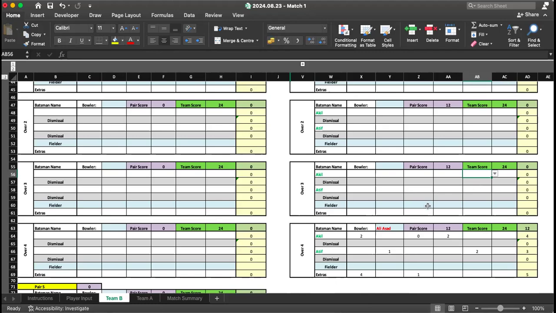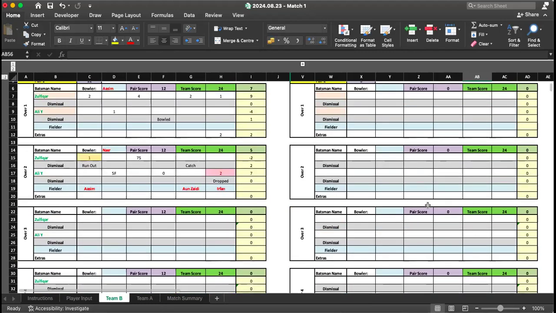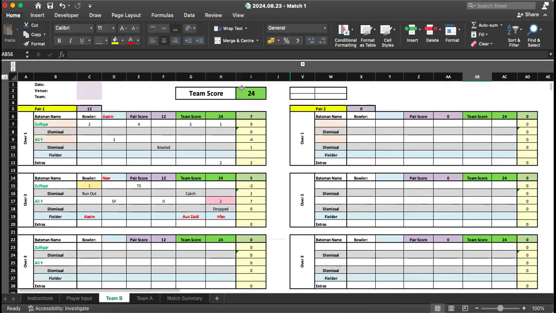So that is something which a lot of people get confused about, or some things where people get caught. Other than that, it is straightforward. You can see the total score here, and when you are working on a sheet,